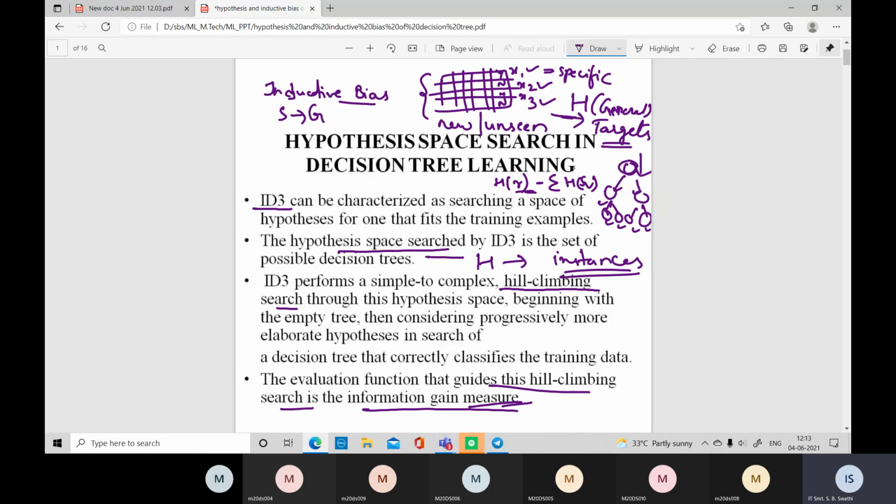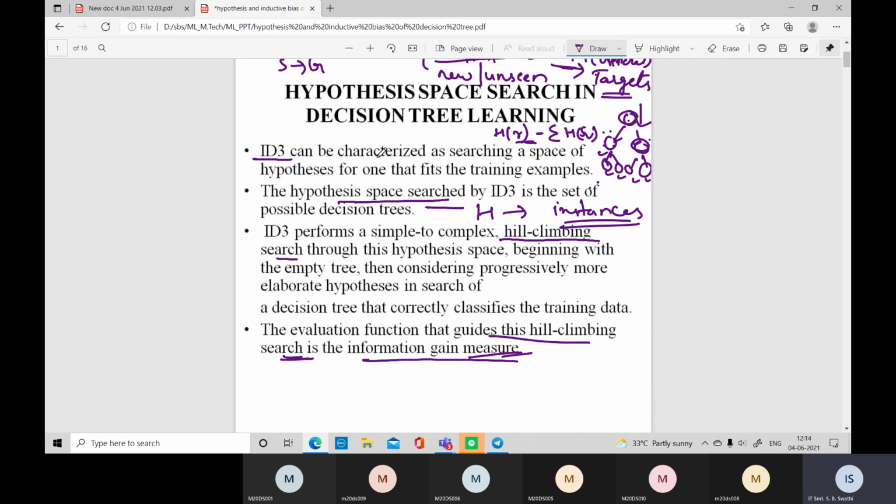The entropy value which we use in this information gain formula is calculated using this hill climbing search, which is always from top to bottom. You generate a node from the root node, you generate another node, and immediately after generating it we calculate the entropy. Again, we go to the right side, generate a node and calculate the entropy. So this is a hill climbing technique. You are choosing only one node at a time, and in one direction only. The result is also calculated from root node to leaf node, with no backtracking.